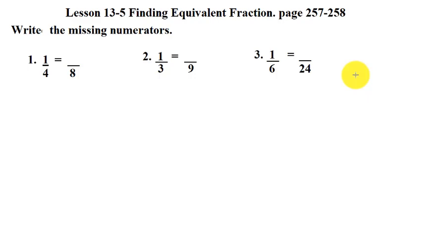We need to write the missing numerators. For example, number 1 on your page 257. We need to find the numerator. It's an equivalent fraction. So equivalent in this case means equal, but it has different numbers. Okay, how to find an equivalent fraction: you have to do it in your notebook, don't use the book to work on it. Okay, if we have 1/4, we need to find a number